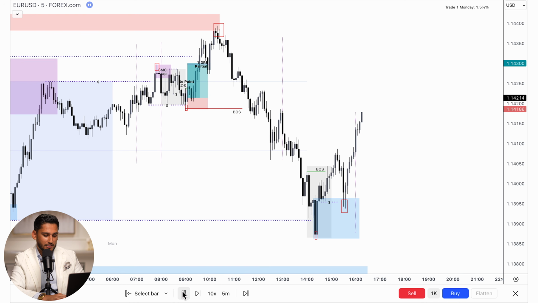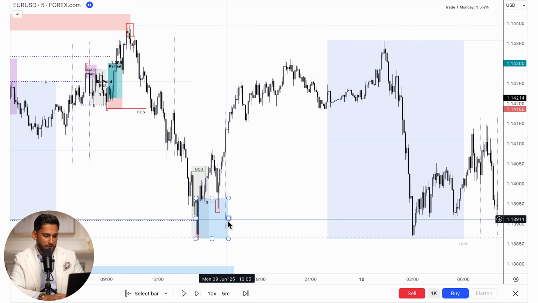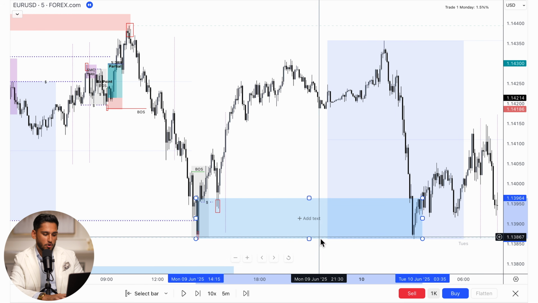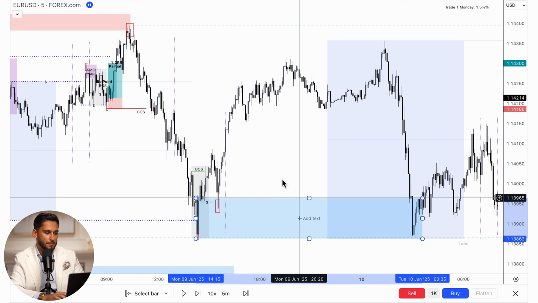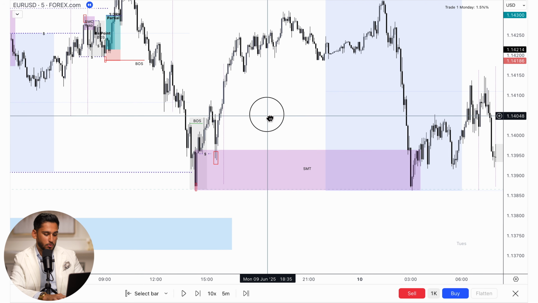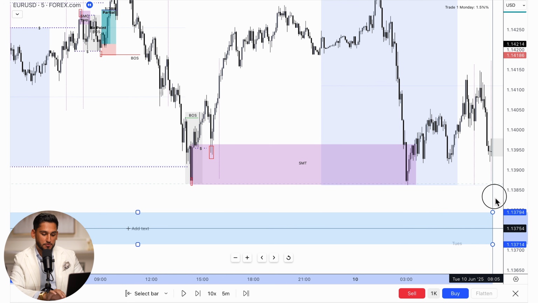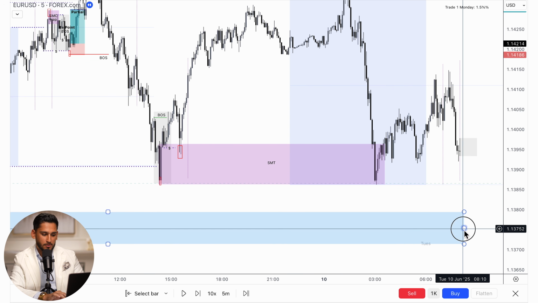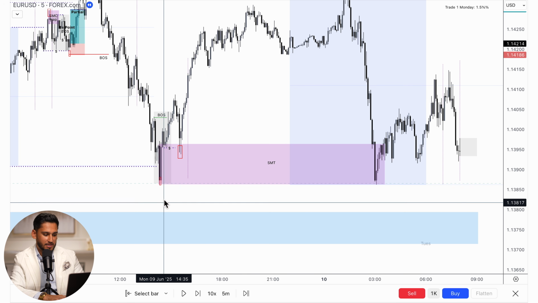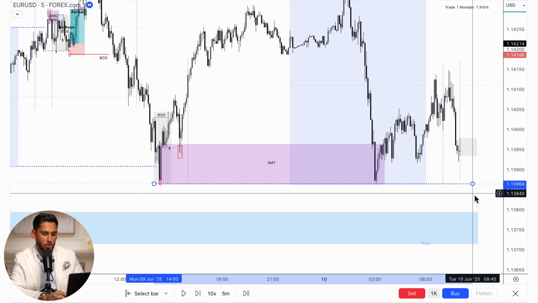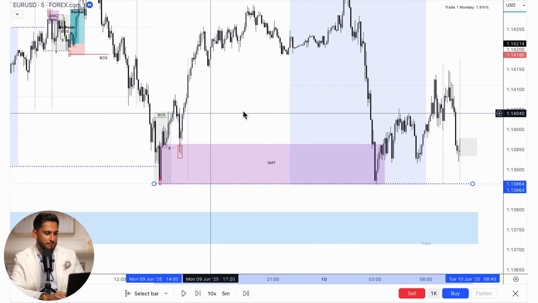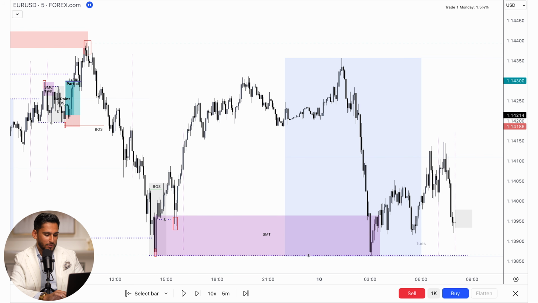Now let's fast forward to the next day. Okay, the next day has arrived and we have arrived to this inducement demand. I don't have hope in it. I'm seeing this all as a trap and now liquidity. That's number one thing to point out, with a nice demand area right below. I'm more hopeful for this area because I don't want low of previous day to be my entry with Asia low all aligned. This is all liquidity to me,